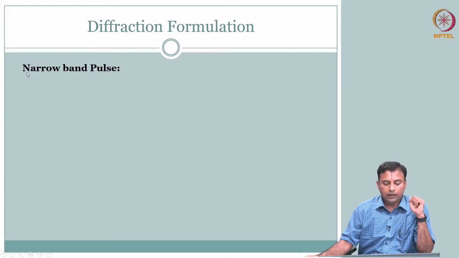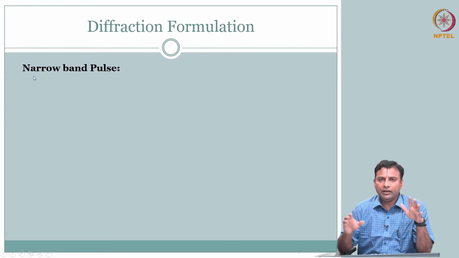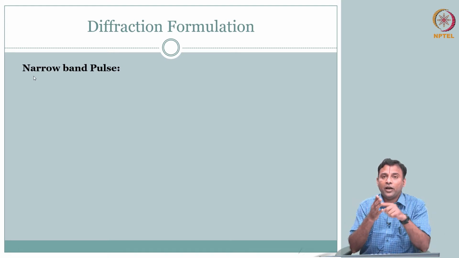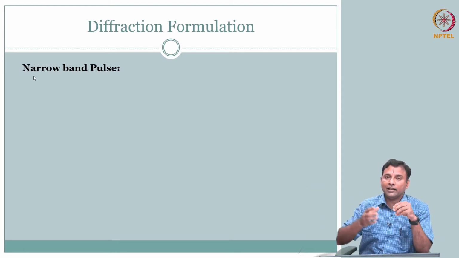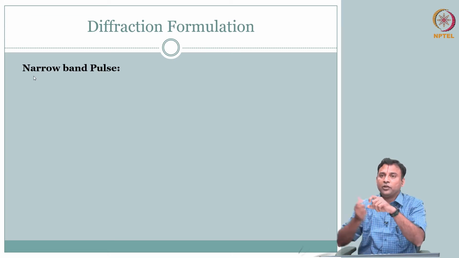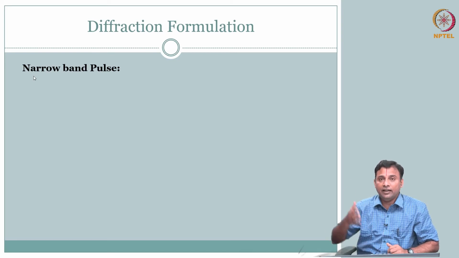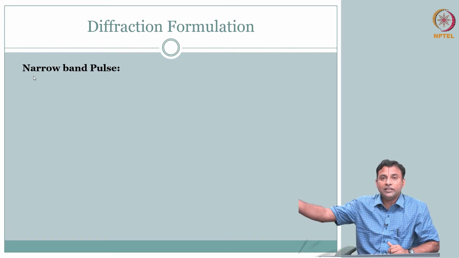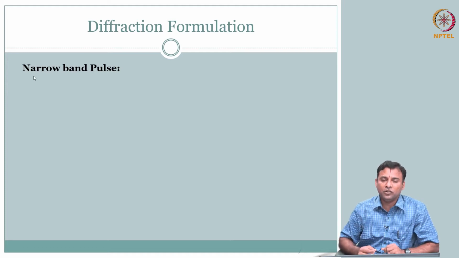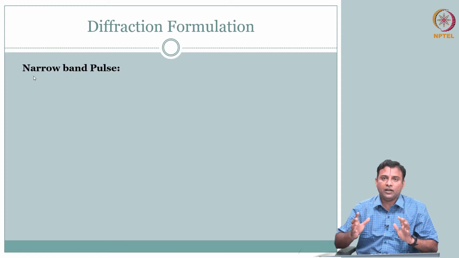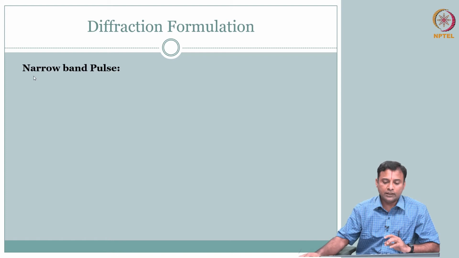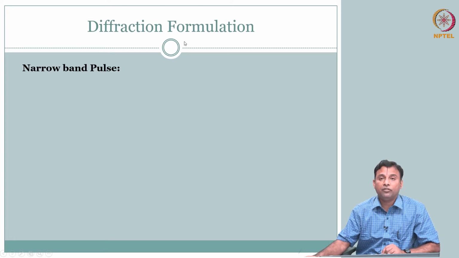To just give you a feel, before we go in, in your optics you would have done Young's double slit experiment. You have one hole, how does the light come through in the other direction? If you have 2 holes, you do not get two beams, you get interference, there is going to be a fringe effect, and you change the plane, you will see what happens to the light. Similar geometric effect, that is for light, is also applicable to sound, and that is what you call diffraction formulation.